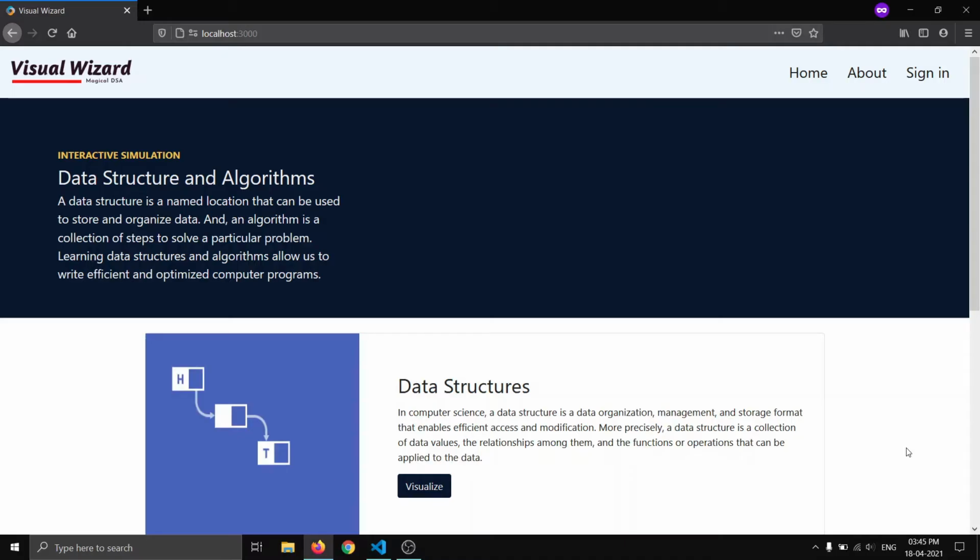Hello, I am Priyank Mungra and this video is an overview of this web application made by me and my teammate Yash Amatya. The name of this application is Visual Wizard, a simulator for data structures and algorithms. The motive to develop this application is to help peers visualize and understand how data structures and algorithms work inside a machine. So let's begin with the demo, and let me begin with introducing the technologies used in developing this